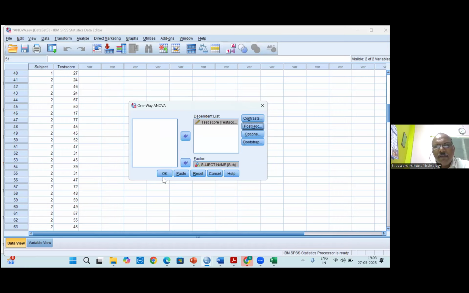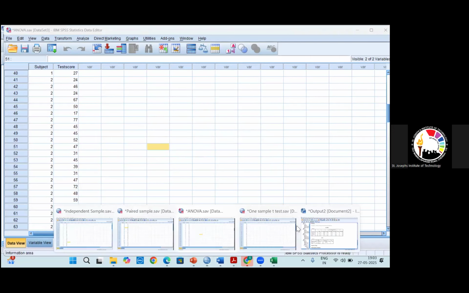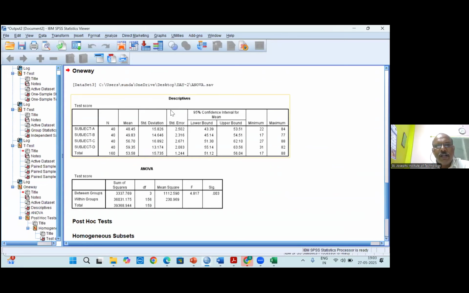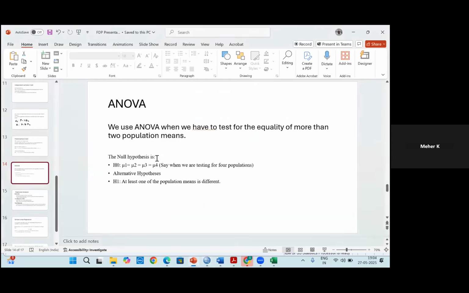This is enough. For me, it is enough. I give okay, then I will go to the output. So I will get descriptives, ANOVA. I will see that. So here what we see is that H0 is mu1, mu2, mu3, mu1 is equal to mu2